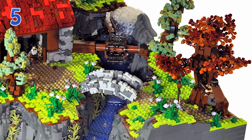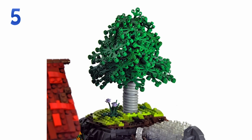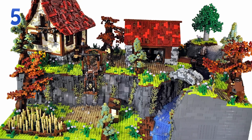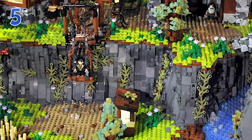At the very upper level we have some buildings from the medieval era, of course, and amazing builds for the trees. I'm not sure if there is anything not to like in this display. A lot of activity going on here, even though it's not too lively with minifigs. But I think there is a combination of good landscaping and the colors that give out this nice vibrance to